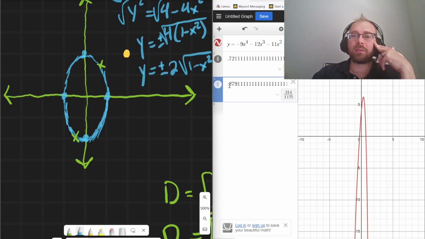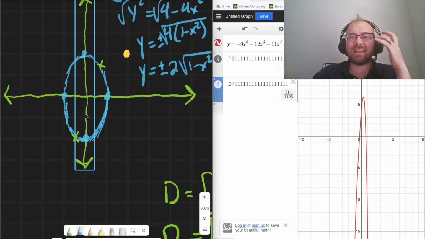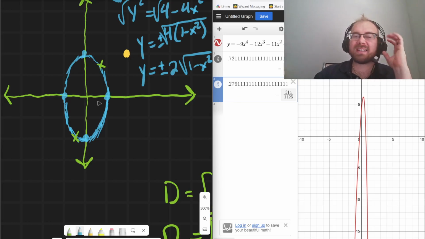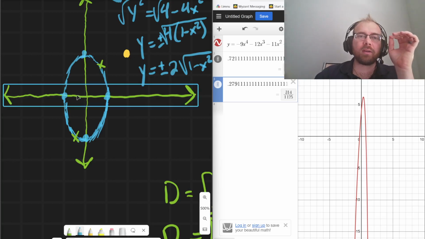And then remember, this was a negative number. So negative point, almost 0.3, that's about a quarter, right? Negative a quarter, right? 0.25 would be exactly a quarter. So that's just a little bit more than a quarter. If we do a half,